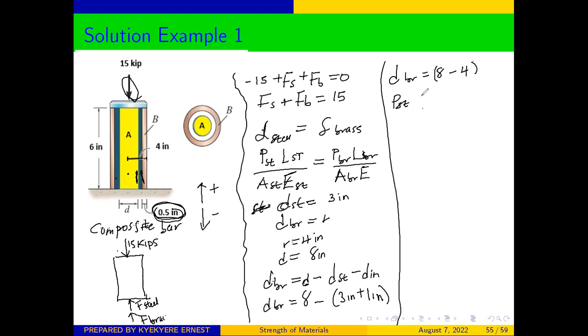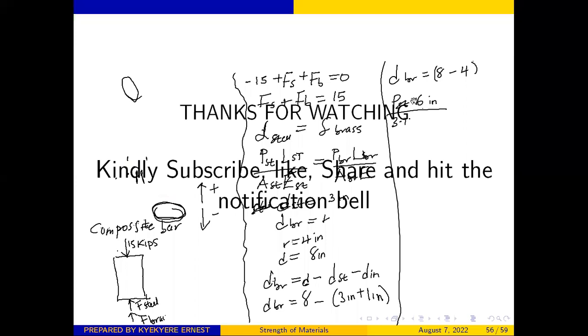L steel, we know the length is 6 inches, so times 6 over the area of that side. So the area will be 3.142